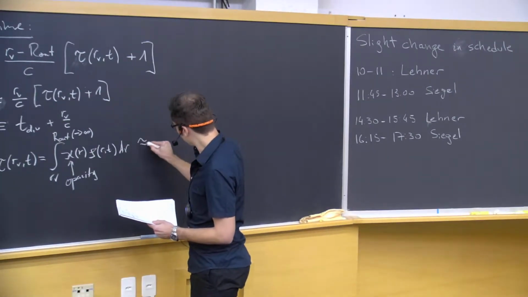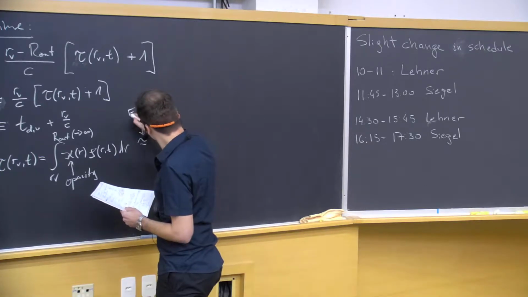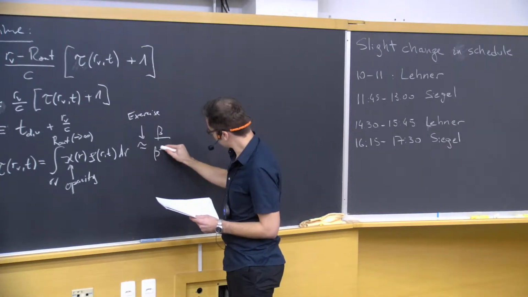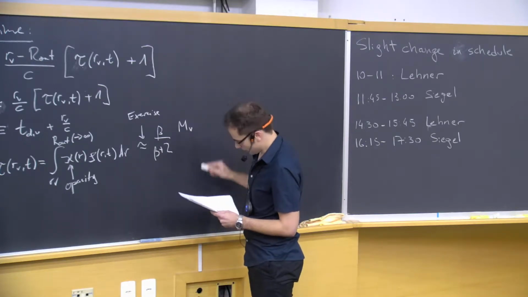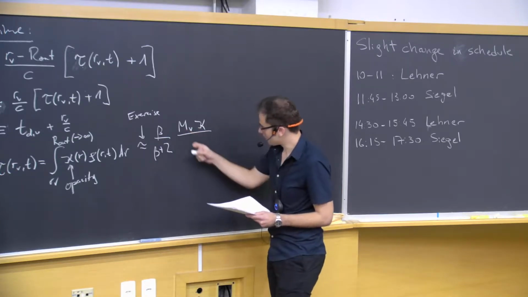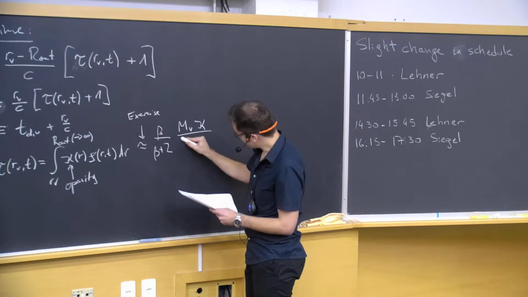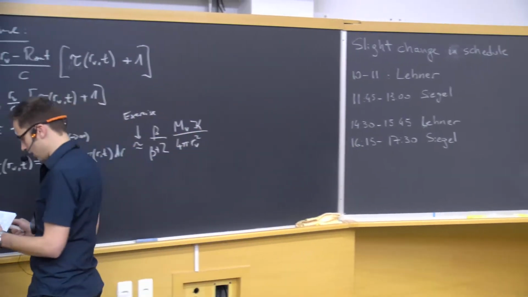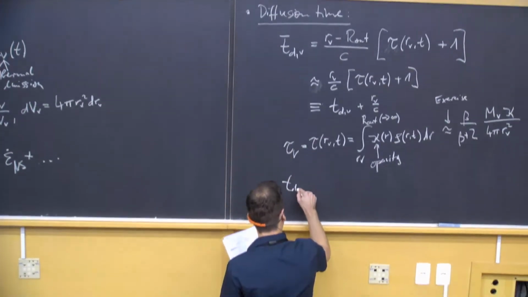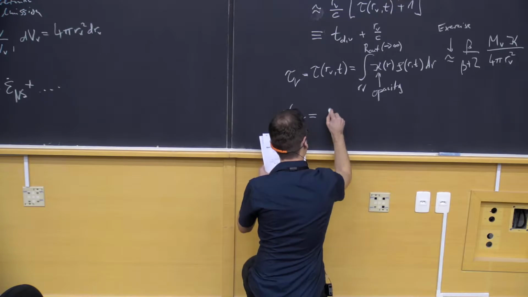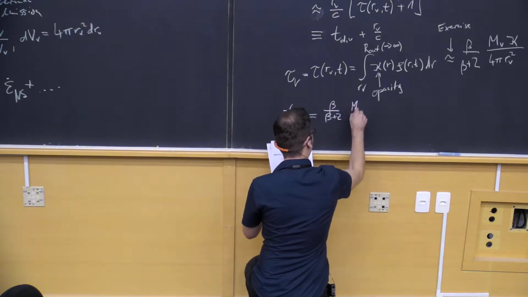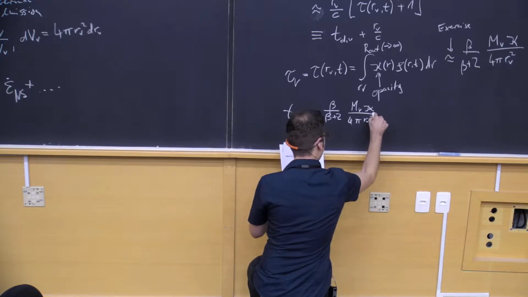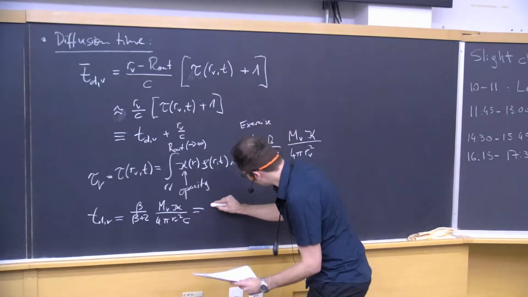And actually, this is one of the exercises for one of the problem set sessions. You can show that this is essentially given by this expression. It's essentially determined by the mass at this velocity times the opacity divided by 4 pi the radius squared. So in other words, we find that the diffusion time, assuming that we're in the optically thick regime, is given by beta over beta plus 2, and then m nu kappa over 4 pi r nu squared c,